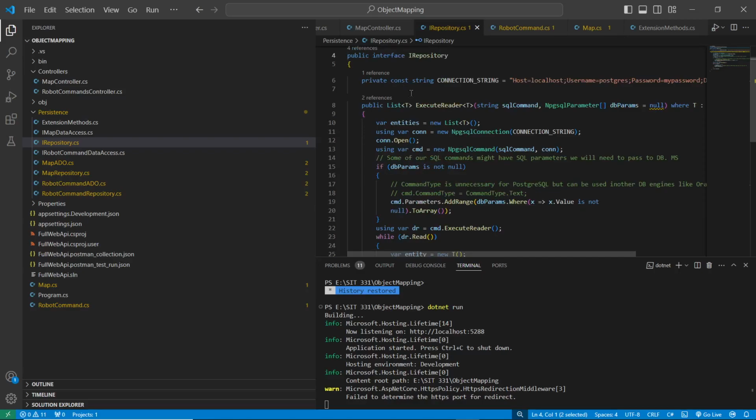Now coming on to the interface definition. Firstly, it defines the iRepository interface, which likely represents a generic repository for database access operations. Then we declare a private constant string named connectionString containing the connection string used to connect to